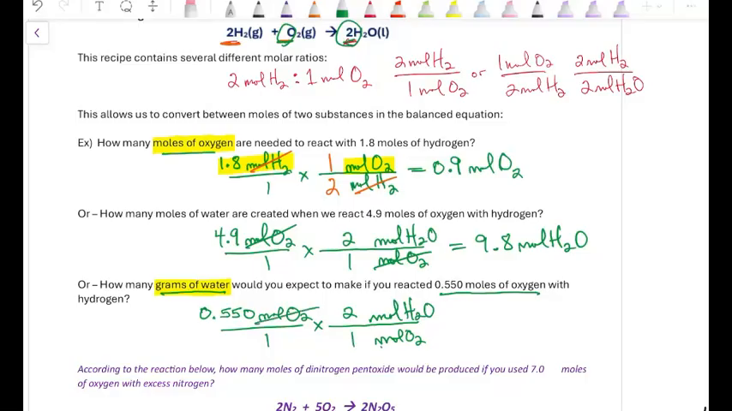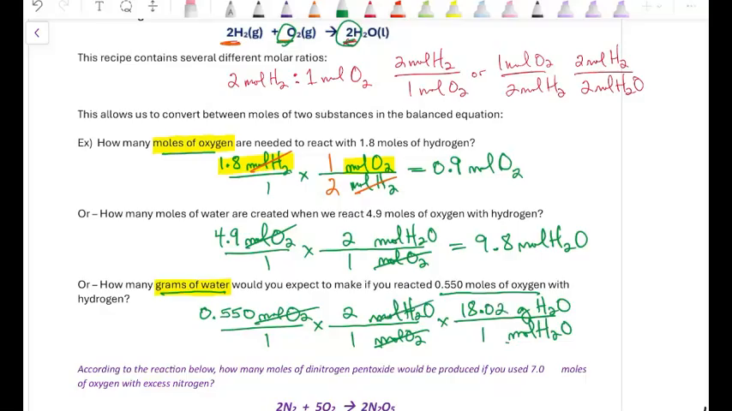And if we cancel moles of oxygen, we are now at moles of water. And the question is asking me for grams of water. So now I can go from moles of water to grams of water. And that is a step you are familiar with, right? Whenever we have moles and grams, we simply go to the periodic table and we add up hydrogen times 2 plus oxygen, and that gives us